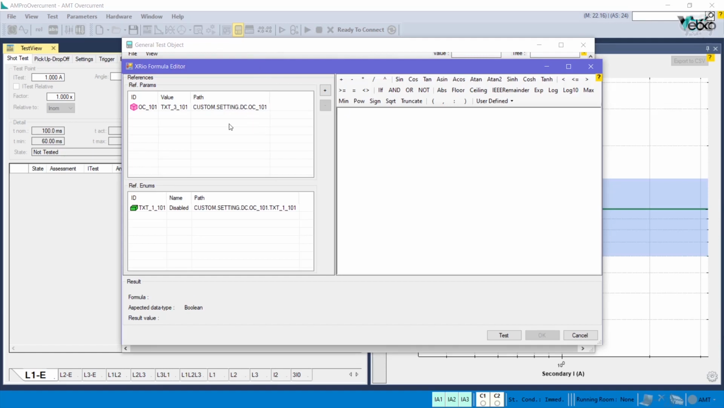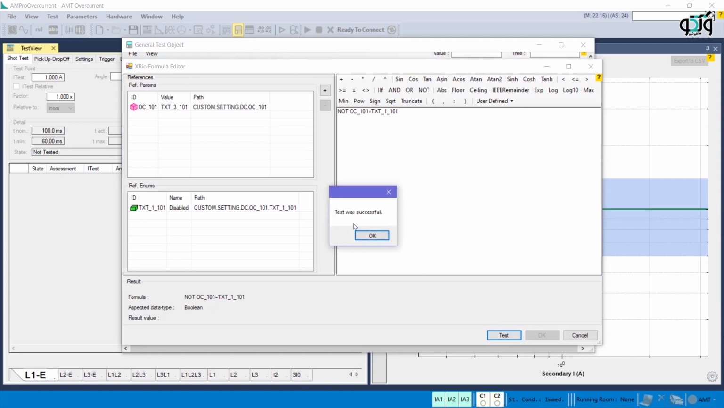In the box on the right, it is specified that if there is a parameter with ID OC_101 and enumeration disabled, the 5051 block should be enabled. This formula is written as not OC_101 equals TXT_1_101. After clicking on Test, if a message saying test was successful is displayed, the formula is correct and there is